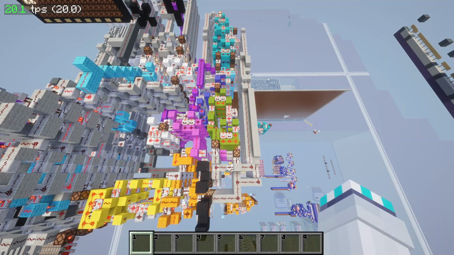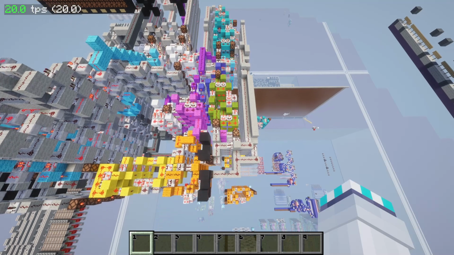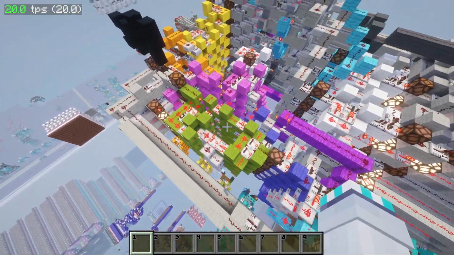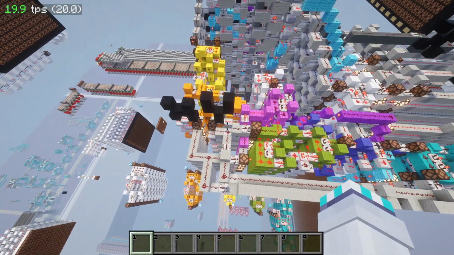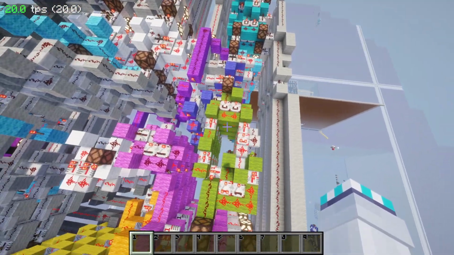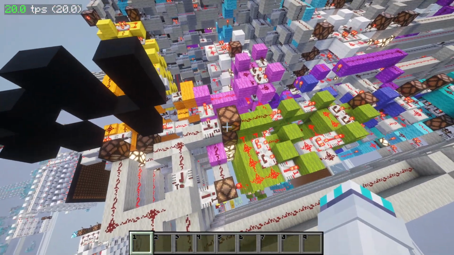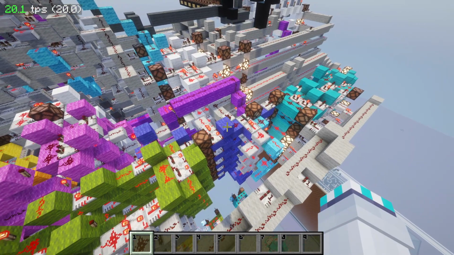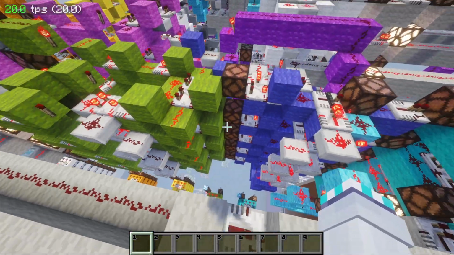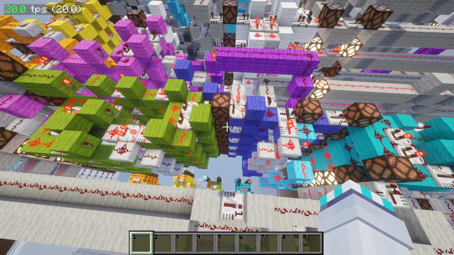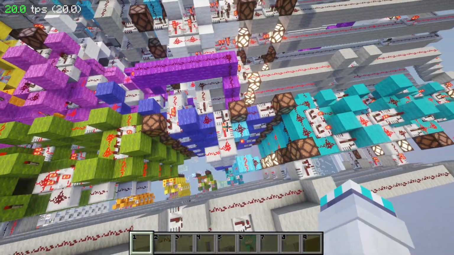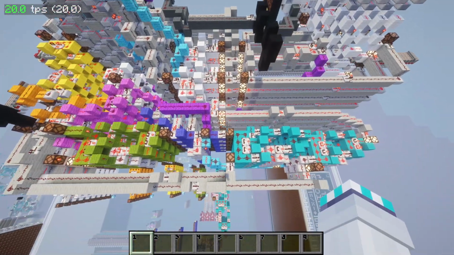So the next part of the Bresenham algorithm is that, well, I guess we have to find the starting error. So we use dx and dy and plug them into this green circuit, which doubles the change in y and then takes away the change in x. So that'll be 2dy take away dx, which gives us the initial error, which then gets saved into these repeater locks, and then goes to this circuit,